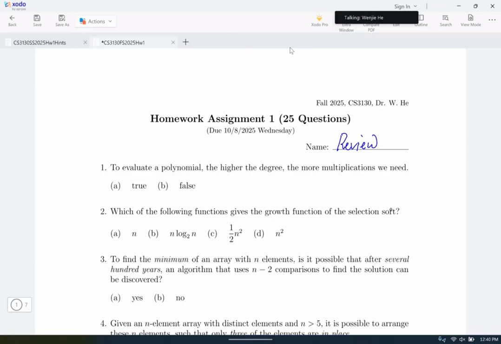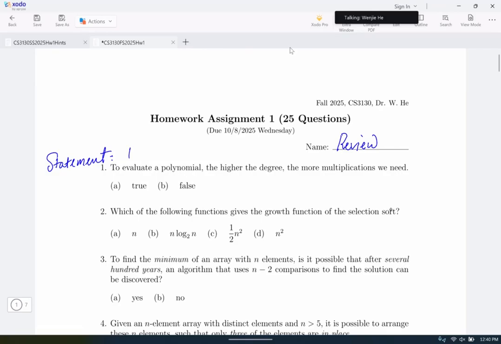so here, I want to explain this way. Yeah, first, let me read the statement. To evaluate a polynomial, the higher the degree, the more multiplication we need. Okay, all right. So this is a statement. When we say a statement is correct, we